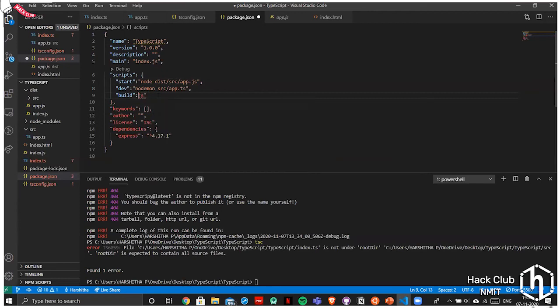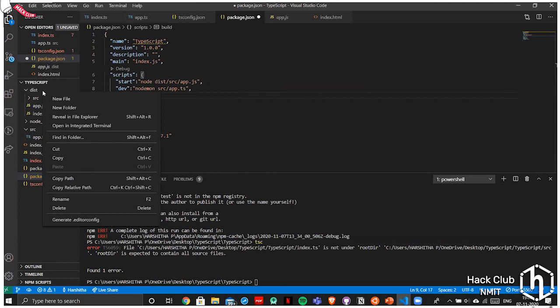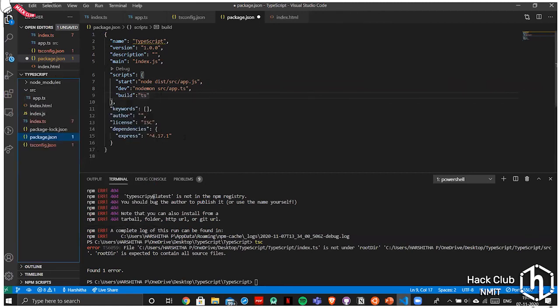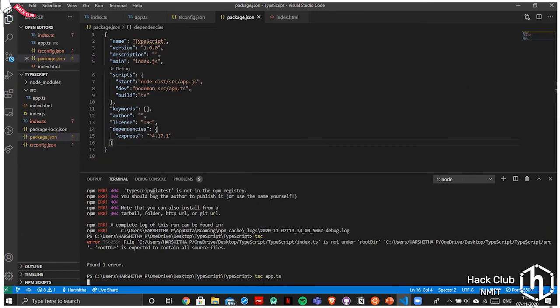Yeah, so basically, you can delete your destination folder, no problem. And I run this again. Let's save it and then it will be created. So tsc app.ts.